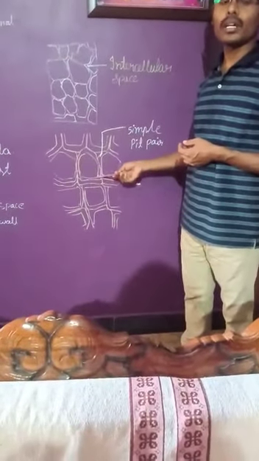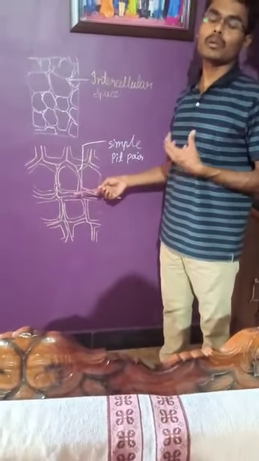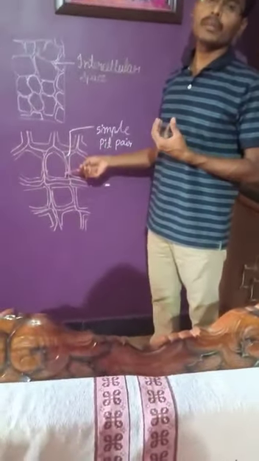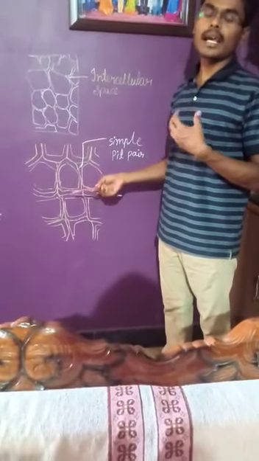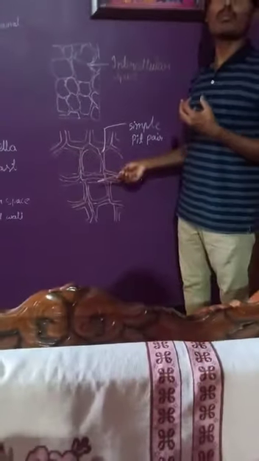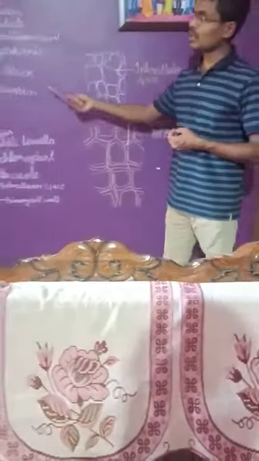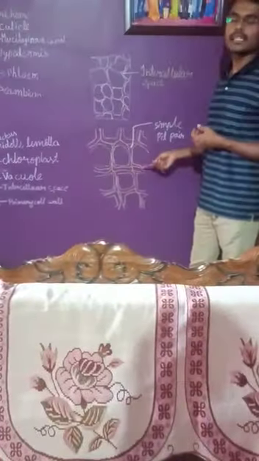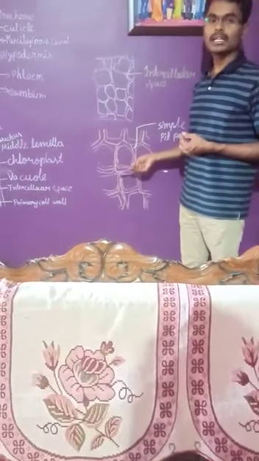This is another type of simple permanent tissue. When a given plant body is hard, rigid and stiff, it is due to the presence of this sclerenchyma, because of the presence of a chemical substance, lignin, that acts as a binding material, nothing but a cement, so the cells become more rigid, and here the cells are dead ones. When we compare to the parenchyma and collenchyma, where the cells are living, in the sclerenchyma the cells are dead. And by taking the example of a husk of a coconut, we can explain the sclerenchyma.